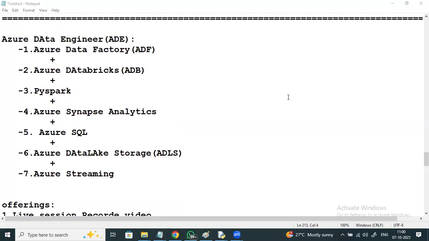Hare Krishna. Sir, I'm actually a recent MCA graduate, so I want to quick start my career as a data engineer. So as a fresher, if I get a job as a data engineer. Recently, two of my students got jobs in TCS. They were just asking about Spark. They got a job on Spark, PySpark. We are discussing PySpark also in brief, right? They were taken as PySpark developers.